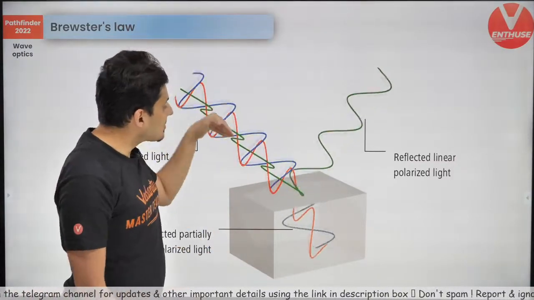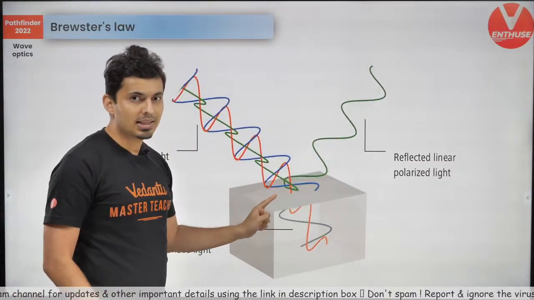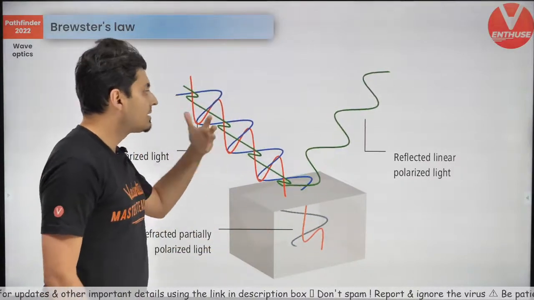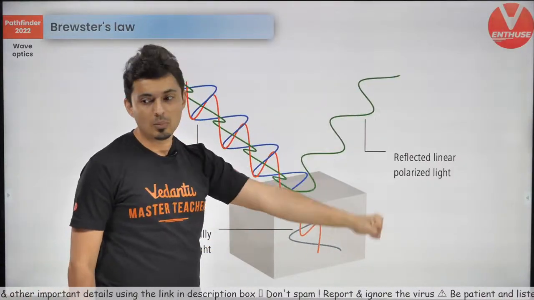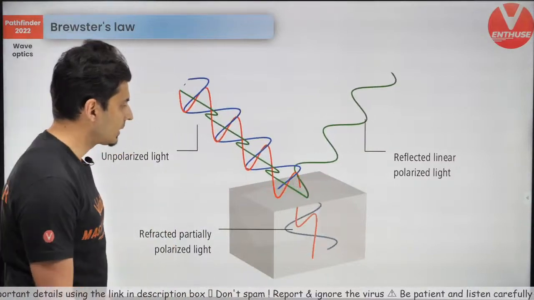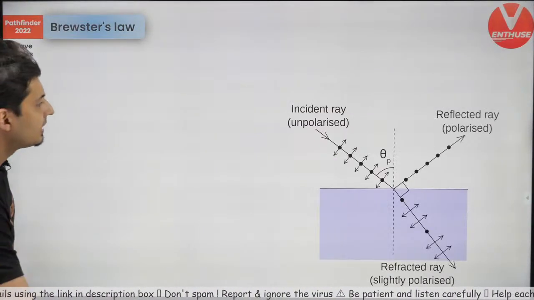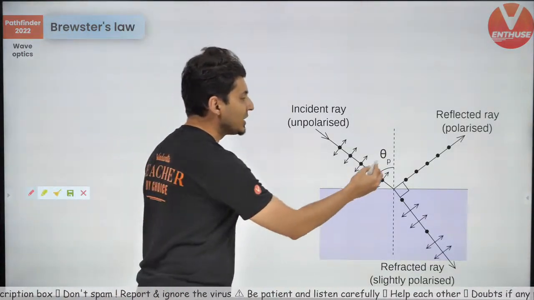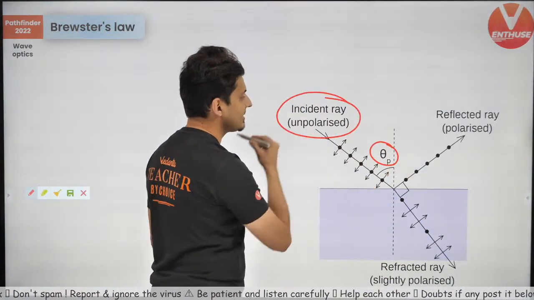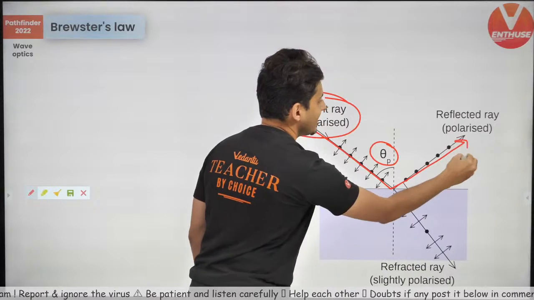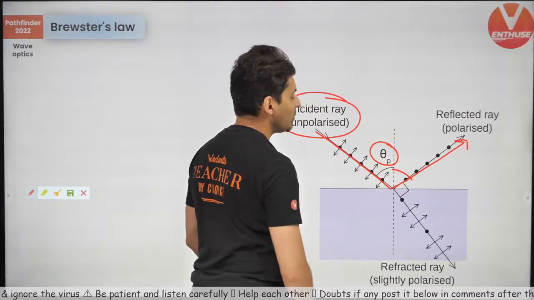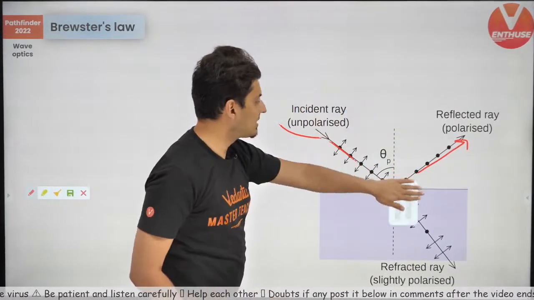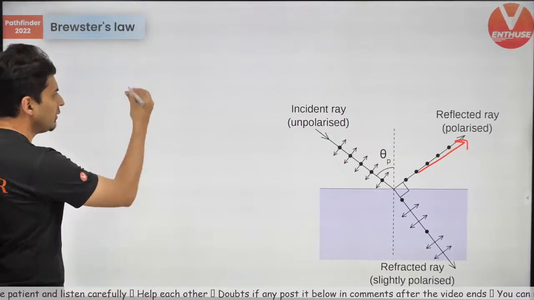So the light gets completely polarized at Brewster's angle, but for other angles the light is not so heavily polarized. That's Brewster's law. And that angle at which you should incident that unpolarized light, so that once it gets reflected you will see it is polarized, is called Brewster's angle.